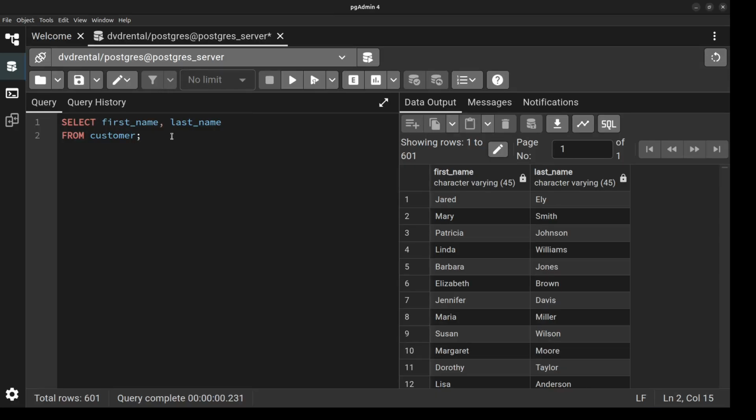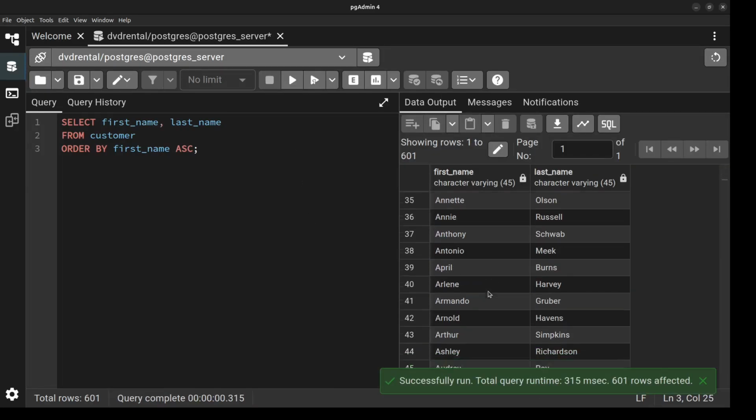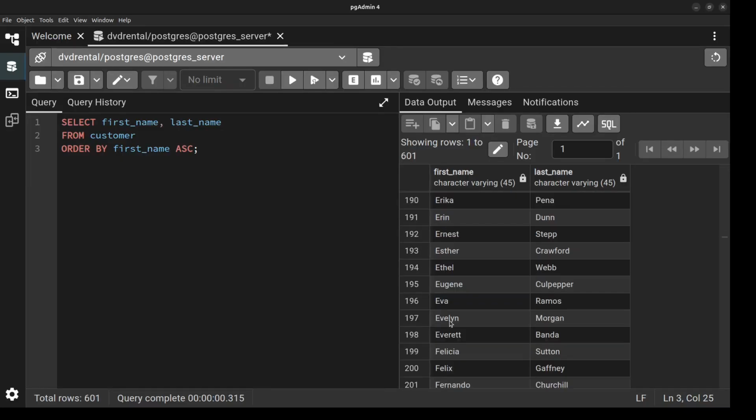We can do this by using the order by clause. So we can modify our statement like this: select first name, last name from customer, then order by first name. By default, it should sort the first name in ascending order, that is from A to Z, and we can also specify it with ASC. This keyword sorts the data in ascending order. So let's execute this command, and we can see that our data is sorted alphabetically from A to Z based